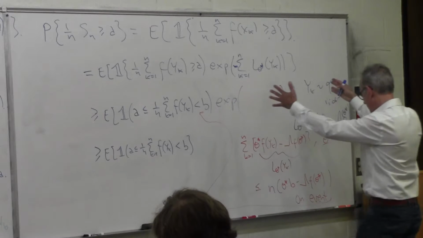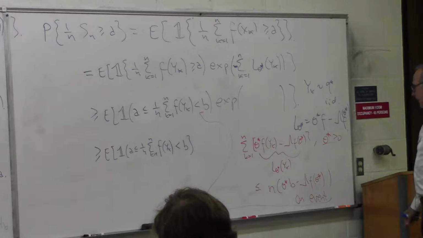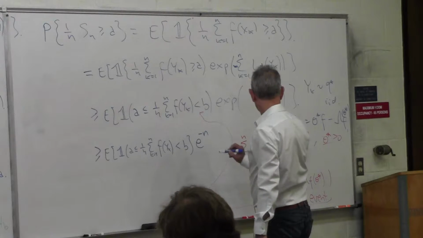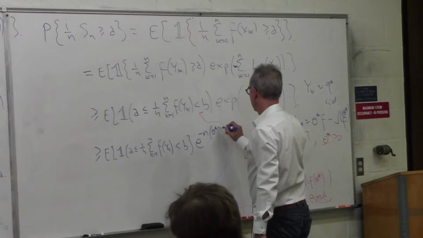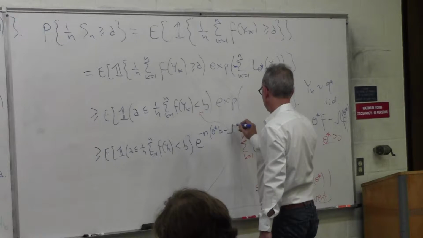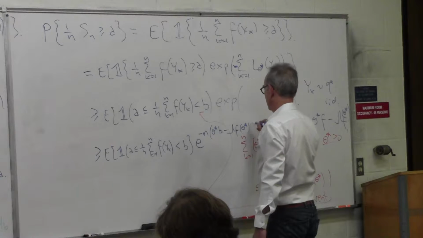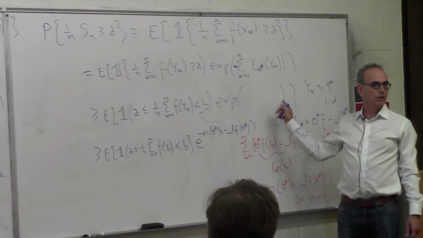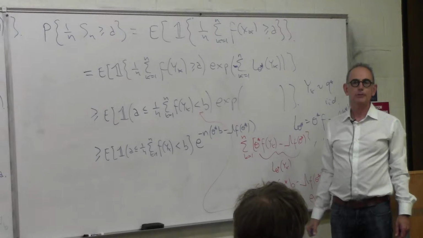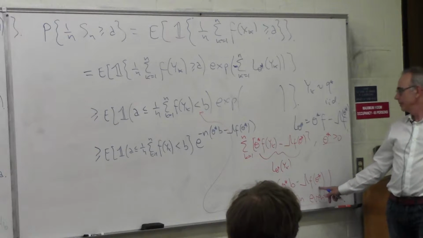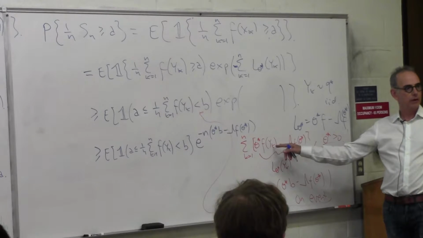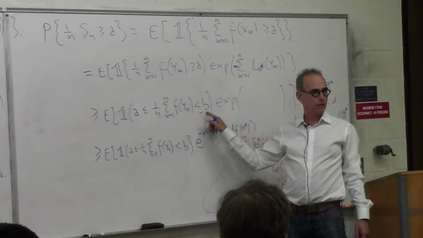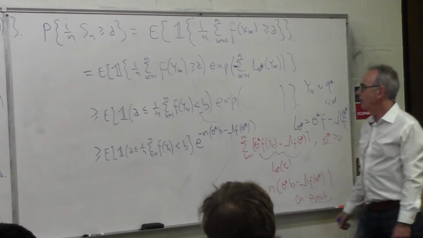All right, this whole thing, it's a number. It's not random anymore. It's just e to the minus that. All right, that is greater than that. This whole thing, even though it's random, I replaced it by a deterministic bound. This bound is not random anymore because of the fact that the sum of the F's is less than or equal to n times b because of this here. All right. Now